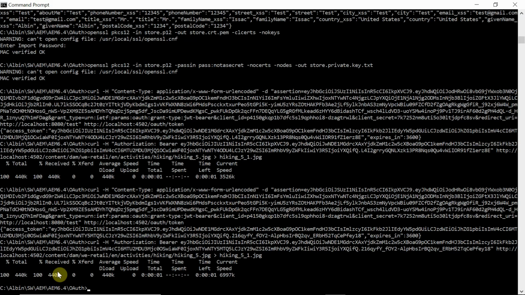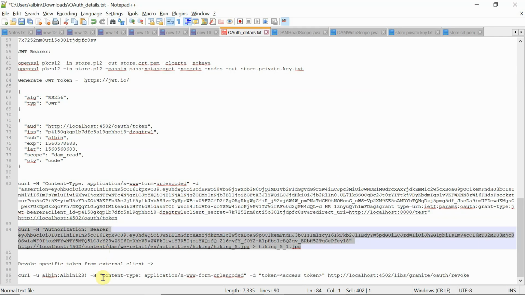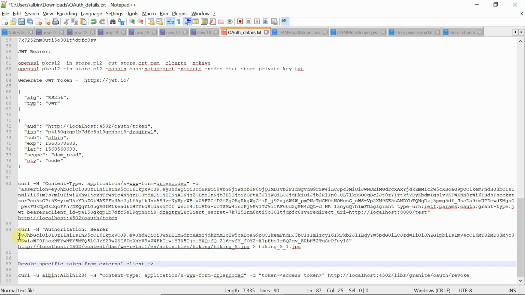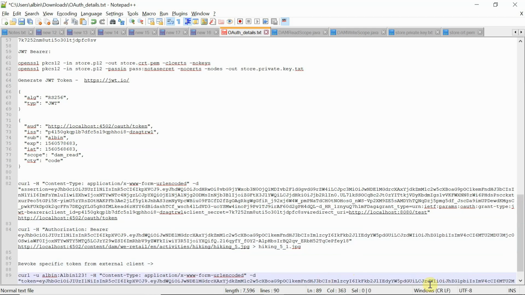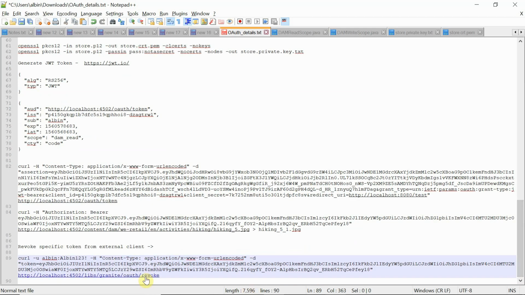So now through the client, whenever you are revoking, you can use the token ID itself, if you know that. Just copy this, this is my token ID. Here, replace the token with that. Obviously the URL is this endpoint revoke. One more thing, I am just providing my username and password. You can instead develop a custom scope instead of providing this, then you can provide the bearer. Anyway, I'm just going with the credentials.